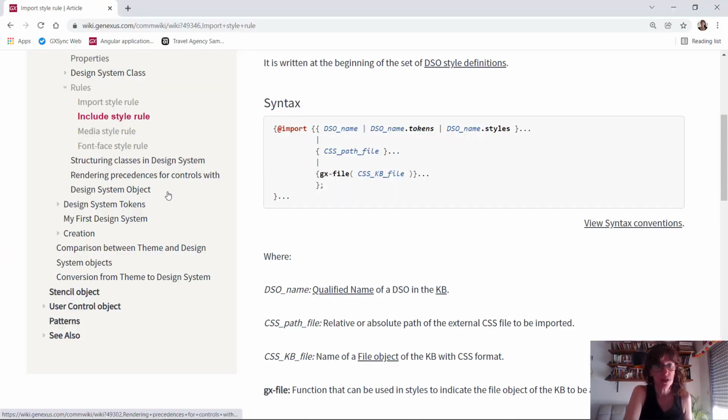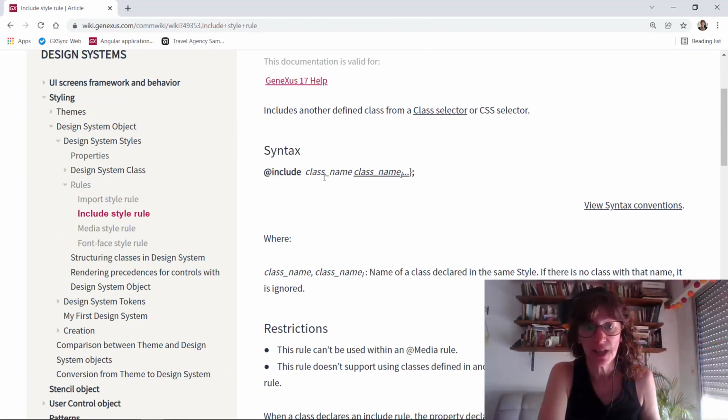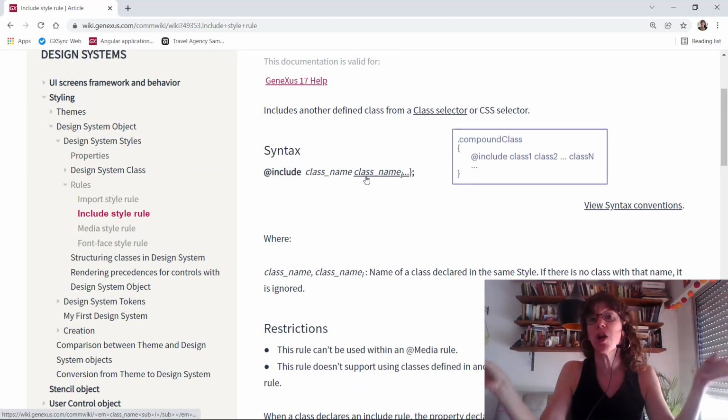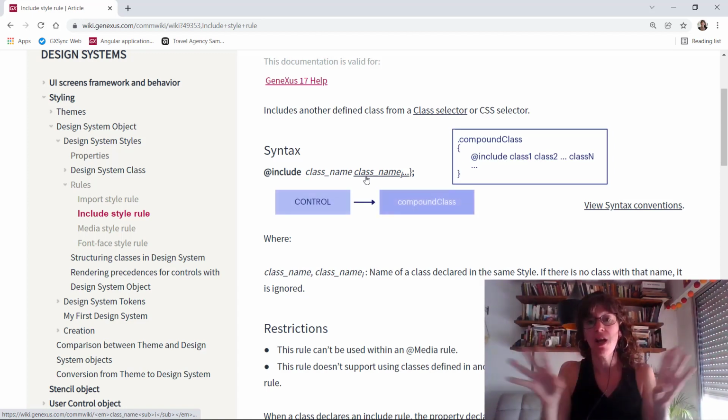And if I go to the wiki, we will see within the include rule, and over here we have the syntax, that it allows us to include many classes, not just one. And in this way, I can compose within one class several other ones.